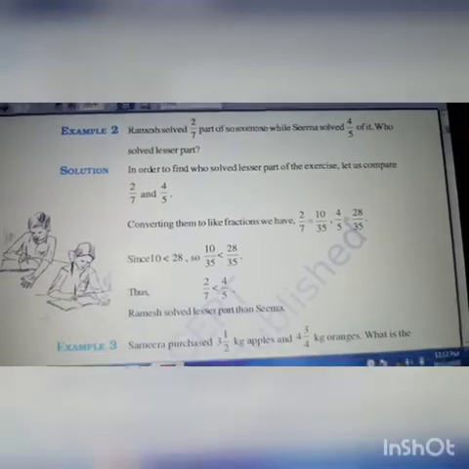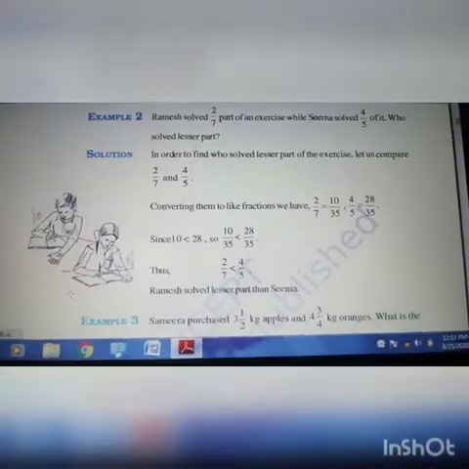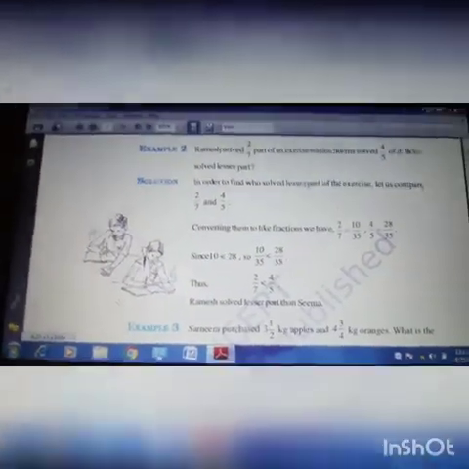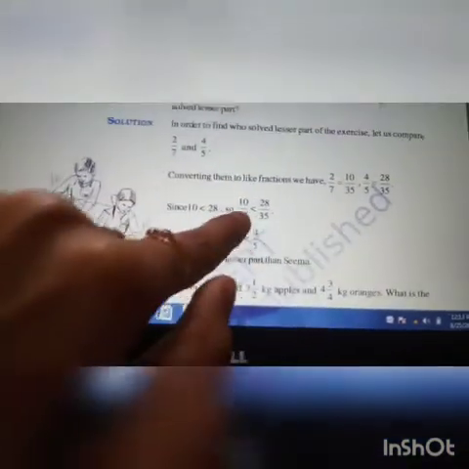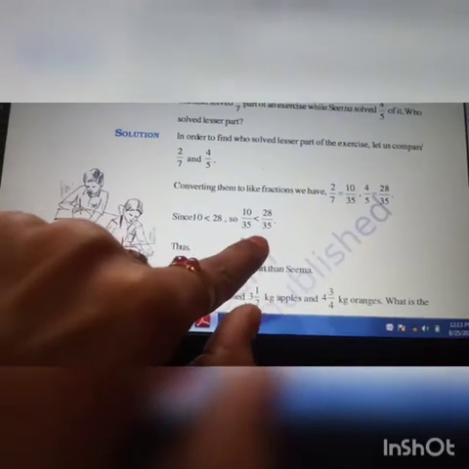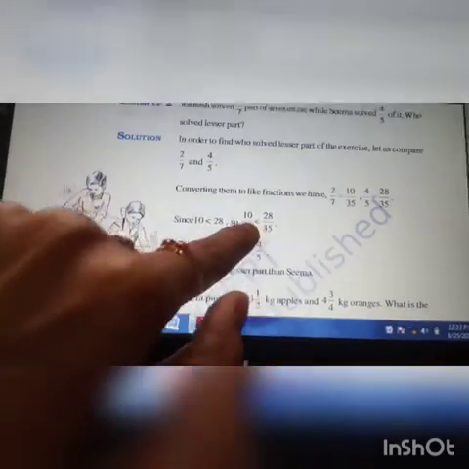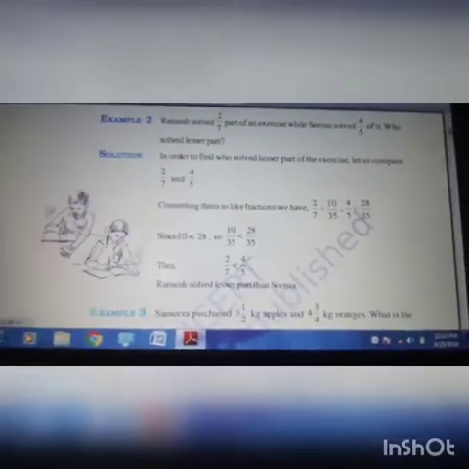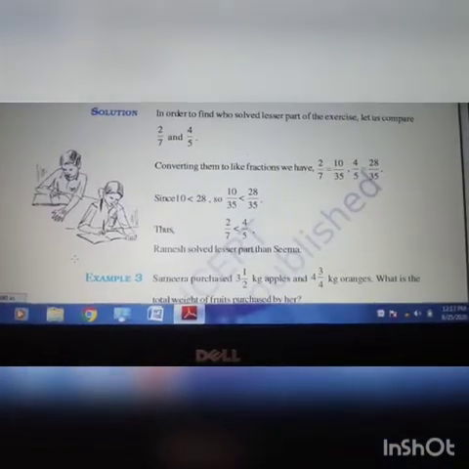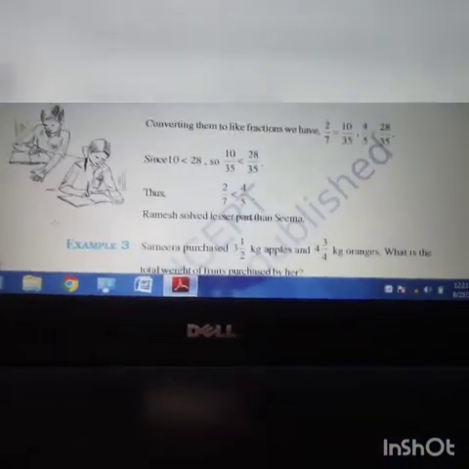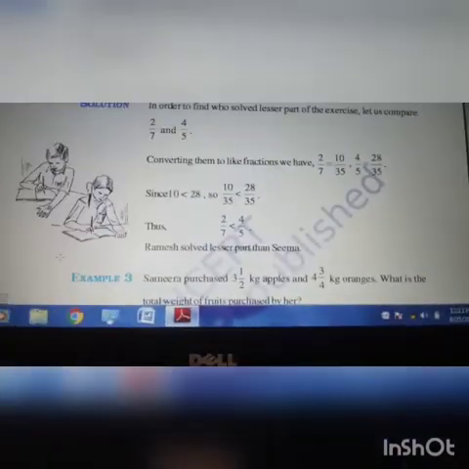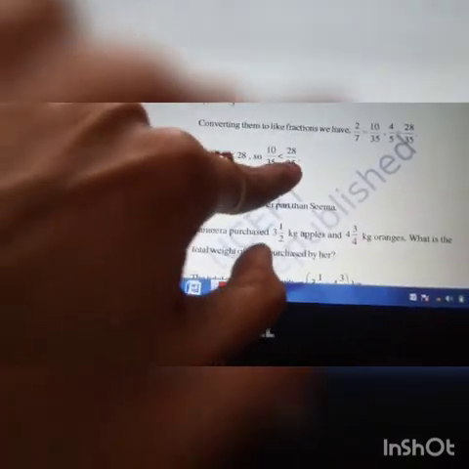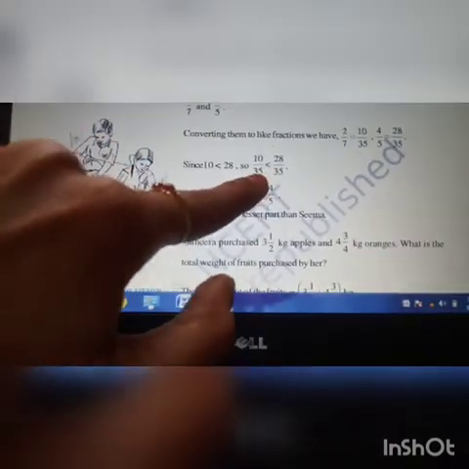In the word problems, we will be learning to compare the fractions. While comparing the fractions, you should see whether our denominators are the same. If our denominators are the same, you can compare the numerators and write which is greater. If not, you will take the LCM and make both the denominators the same. Like this, we should make both the denominators the same, then you will compare them. See, actually this is the same denominator. Actually we got the answer from this.